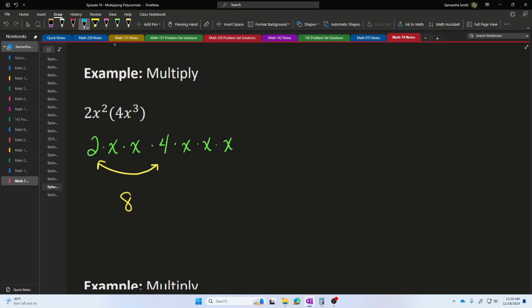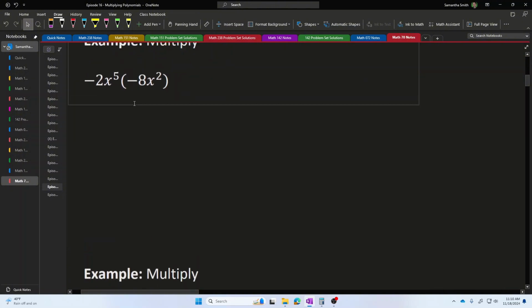And then, to figure out what would happen with the x's, all I have to do is count the number of x's that I have in this expression. I have a total of 1, 2, 3, 4, 5 x's multiplied together in this expression. So in total, I have x to the power 5 to represent 5 copies of x multiplied together. So here I've multiplied the two coefficients, 2 times 4, and in total, these two multiplied x's combined with these three multiplied x's combined to a total of 5 multiplied x's.